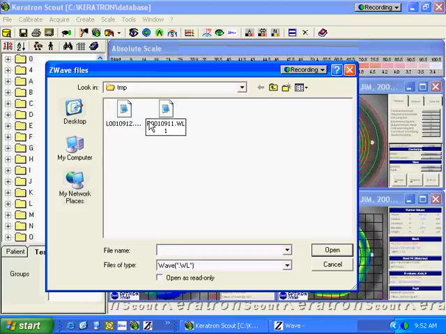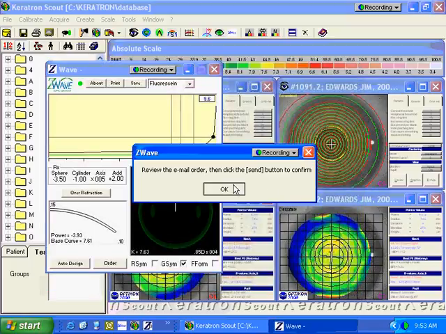The right lenses have an R at the beginning of them, and the left lenses have an L at the beginning. The extension of these files designates which design it is. The first lens design that you have will have an extension that ends in the digit 1. Subsequent designs will be 2, 3, etc. Since I only have one design for this eye, I'll choose this left lens and click Open and